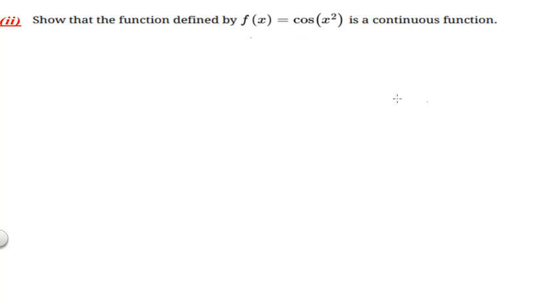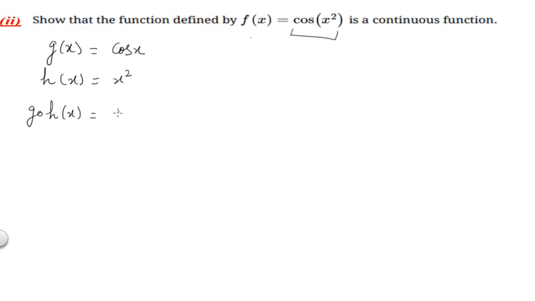The second part is you have to show that the function cos of x square is a continuous function. So I told you, whenever you see a function inside a function, that means it is a composition of 2 functions. So we'll assume one function as g of x, let it be cos x, and we'll consider h of x as x square. Let us try to find the composition. If we find g of h of x, just look here, g of h of x will be g of x square. So wherever in g there is x, we write cos x. If it will be x square, it will become cos of x square. So this is the function.